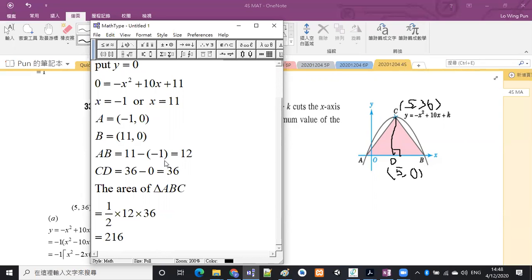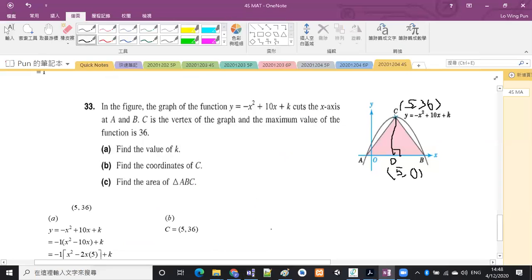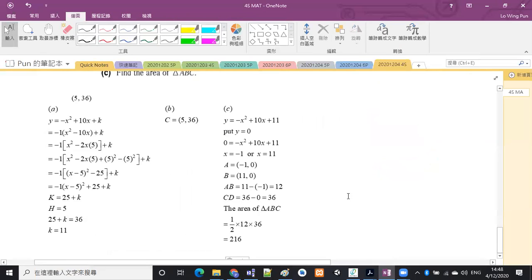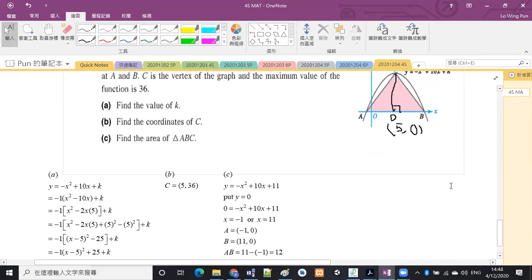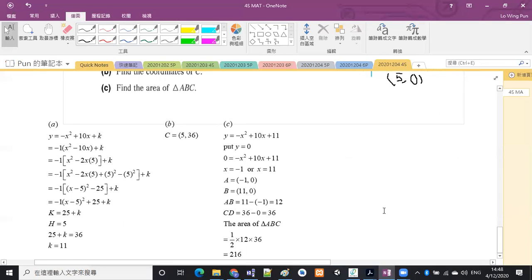So that is the answer of part C. Is that okay? 呢兩題有冇問題？呢兩題，希望大家都做到啊！呢啲通常就係啲考試嘅題目嚟㗎啦，得唔得？